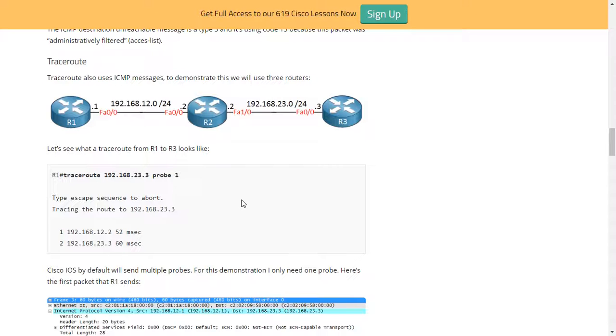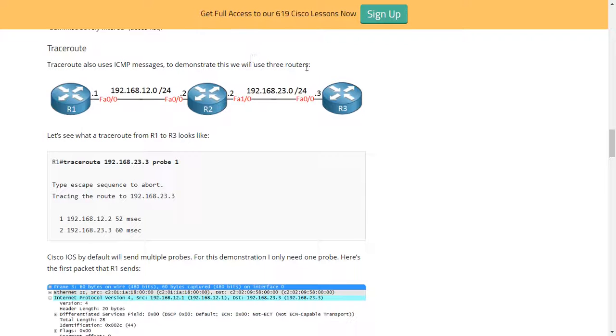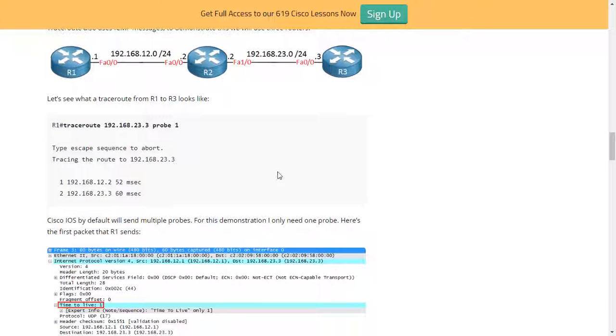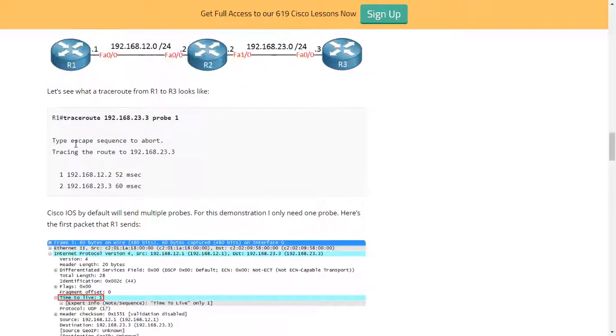We'll move on to the next example. I told you about traceroute. Traceroute also uses ICMP messages. To demonstrate this, we will use three routers: 12.0, 23.0. This is .2, .3, and in network number 12 it is .1, .2. I told you that example about one router in the same room and then another router. Let's assume these two are in the same room, and this third one is in the other one. So we say traceroute